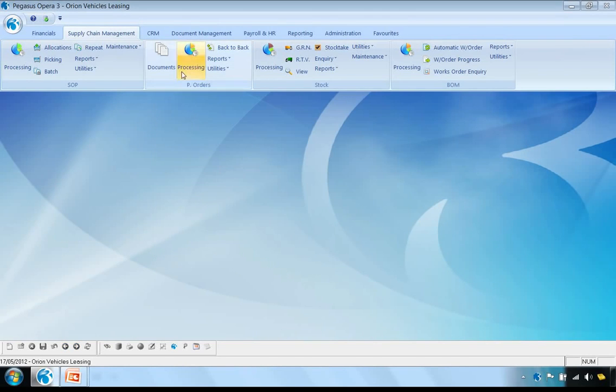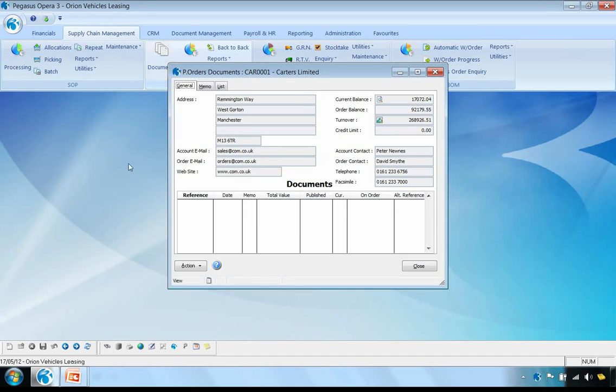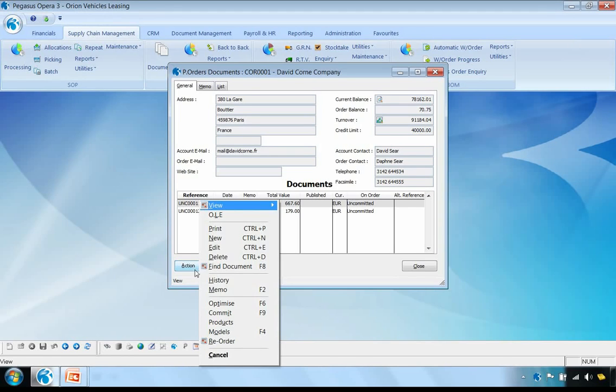If I now go into purchase order documents, locate the David Corn suppliers account, I now see that there's an uncommitted purchase order raised today for that 179 euros. I could take this option here to optimize. And what this basically will do is pull a whole range of documents that are outstanding and merge them together into one purchase order for this particular supplier. If I select this option,